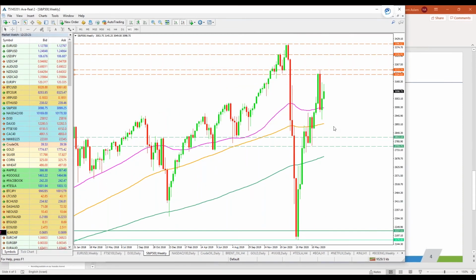Again, for the S&P 500 index, we see a lot more strength as compared to the Dow Jones index, because on the weekly time frame we are well above all the moving averages, and we are well above the previous week's high as well, and we are very much challenging the last week's high. So that all is positive. Again, a question for you guys: are you long on the S&P 500 index, or are you short on the S&P 500 index?